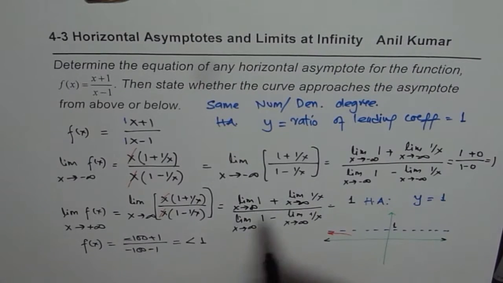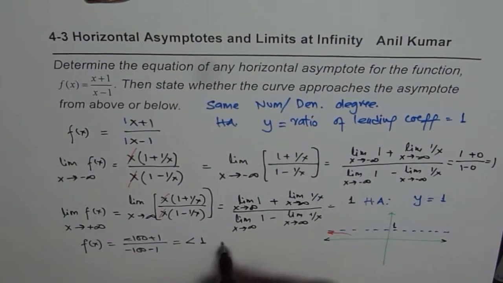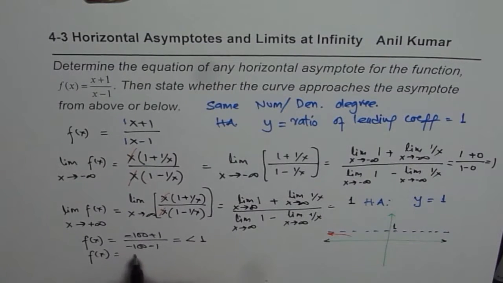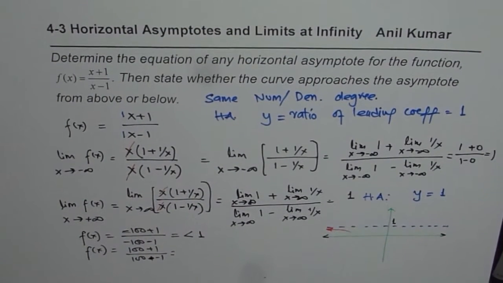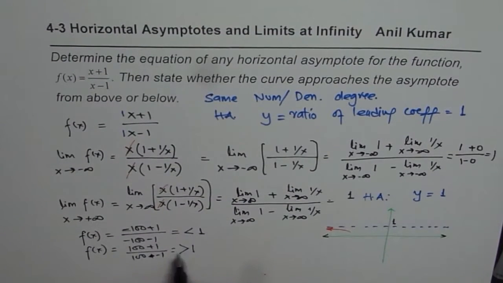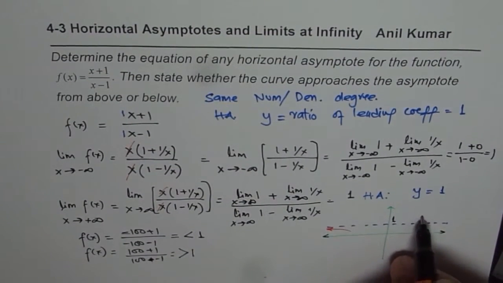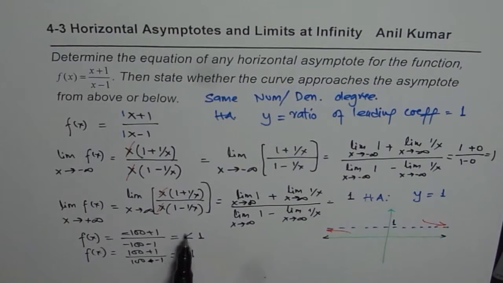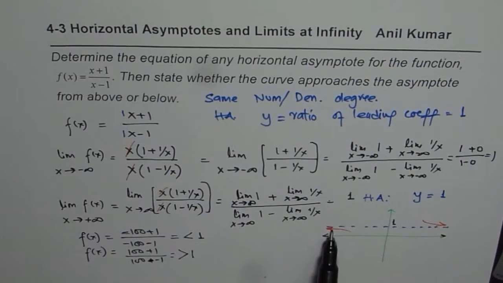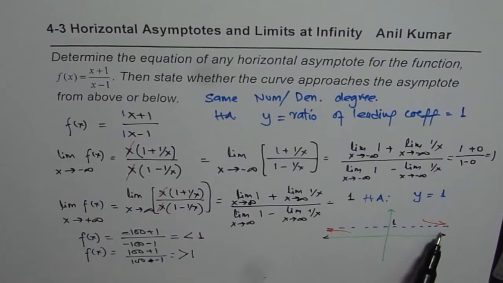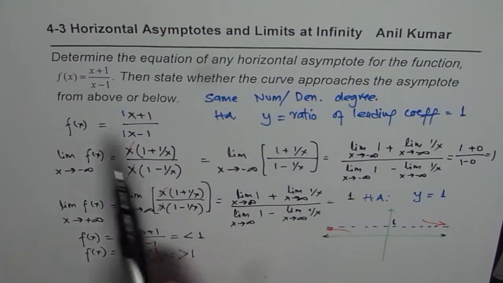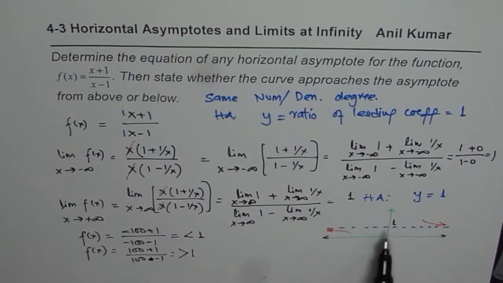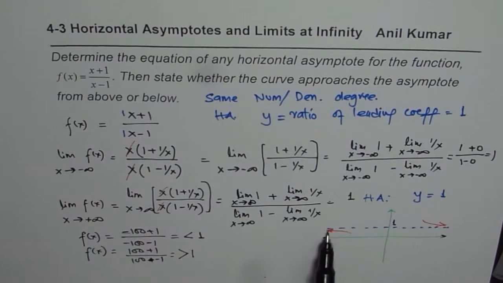Do you see that? Now, if I do the same calculations, but for f of x with x equal to positive 100, let's say positive 100 plus 1 divided by positive 100 minus 1, in that case, what do you notice? This value will be greater than 1, right? So we can say that the function approaches from above the horizontal value. So by testing a negative large value and a positive large value, you can find out whether the curve approaches the asymptote from above or below. So we can now say that the curve approaches from below as x approaches